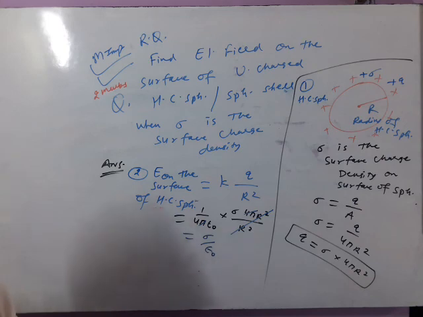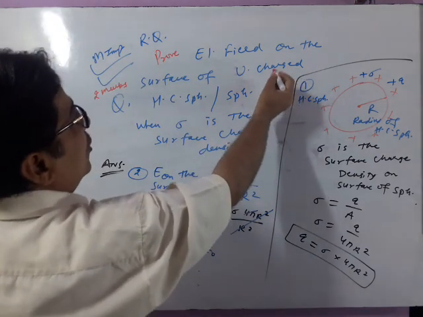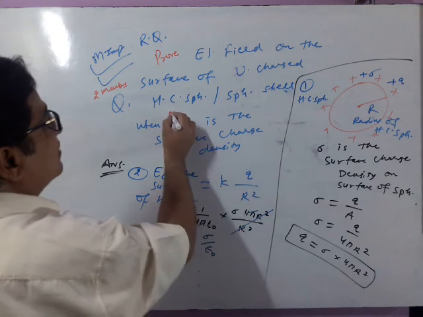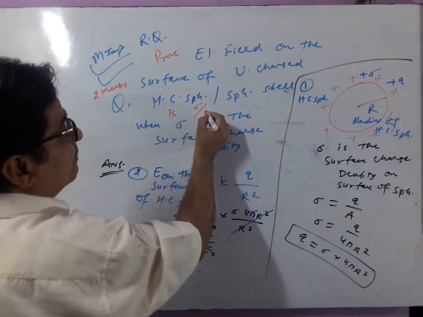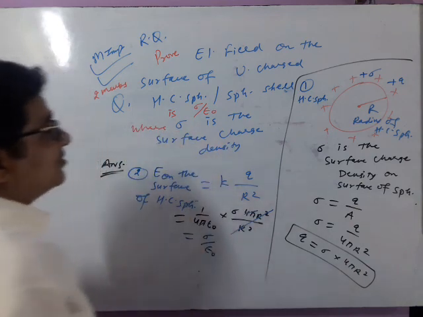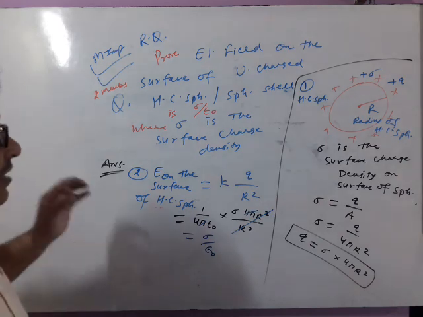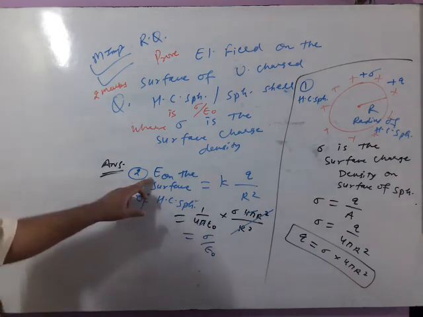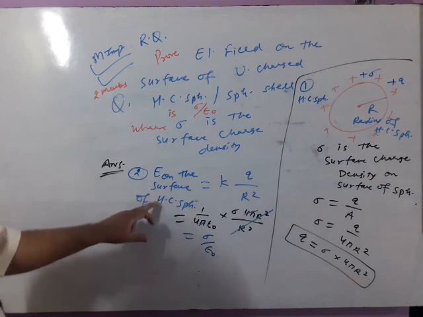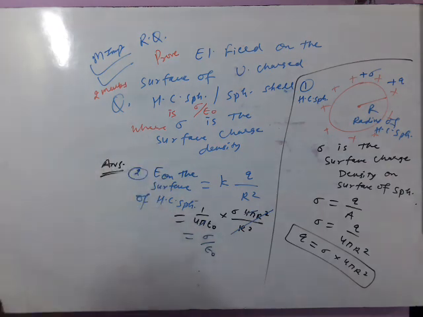See, I am writing it like this because many times he will say prove electric field on the surface of a sphere is sigma by epsilon naught, where sigma is surface charge density. The meaning of this question is he wants the answer of electric field for a hollow conducting sphere for the surface point in terms of sigma, where sigma is surface charge density. Then you will have to do only this part. Got it?